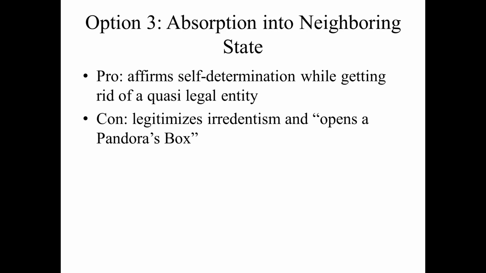This is one of the worst situations because not only does this effectively legitimize irredentism, right? The whole idea of breaking away, their entire goal. Kosovo didn't want to become an independent country. They wanted to merge with Albania. So this actually goes to the heart of real hardcore primordial nationalism. But the other thing is, if you decide to change the borders in one region, I guarantee you every Tom, Dick, and Harry secessionist movement around the world is going to say, me too. So if Kosovo just joins Albania, I guarantee you 49% of Bosnia will want to join with Serbia.